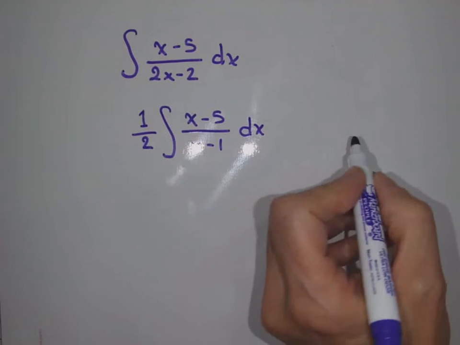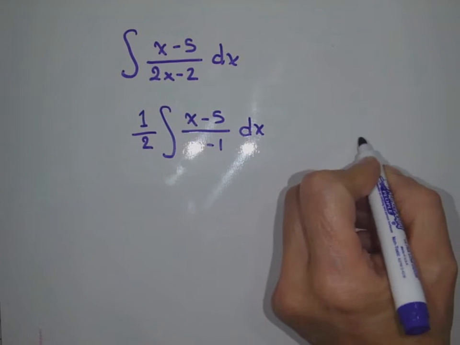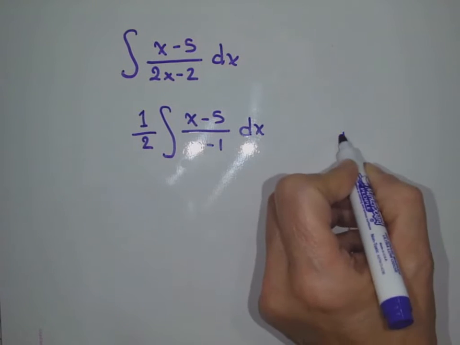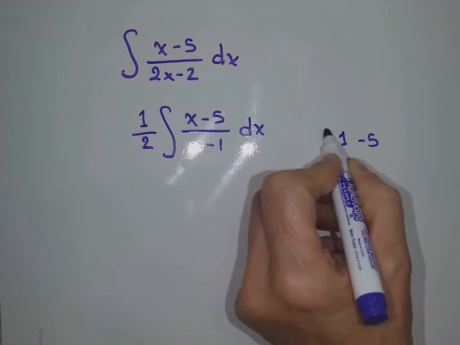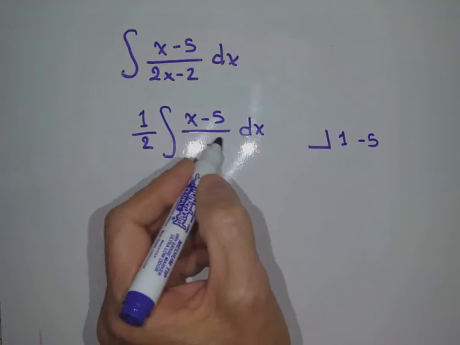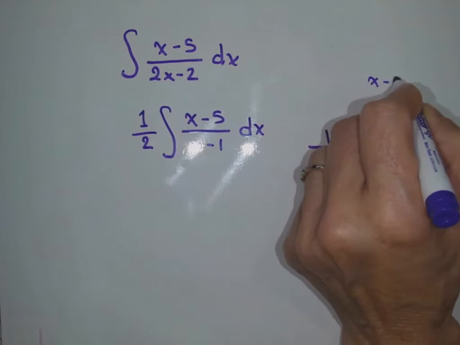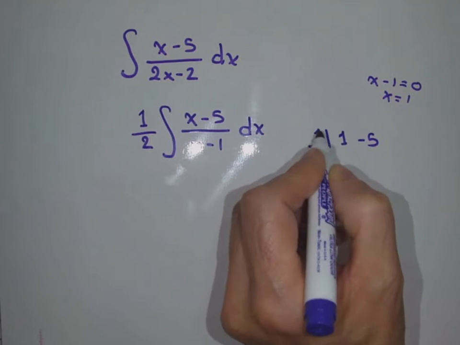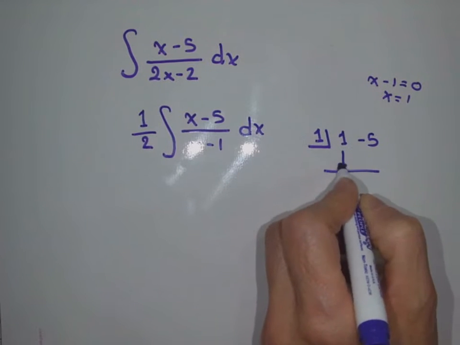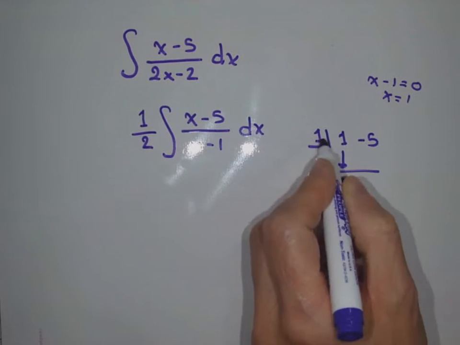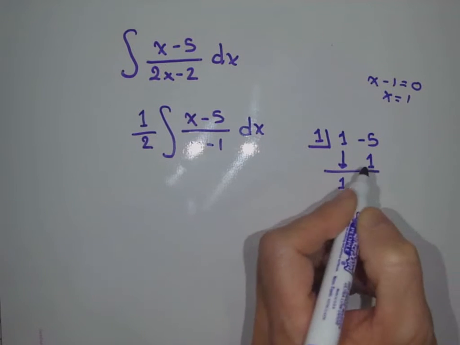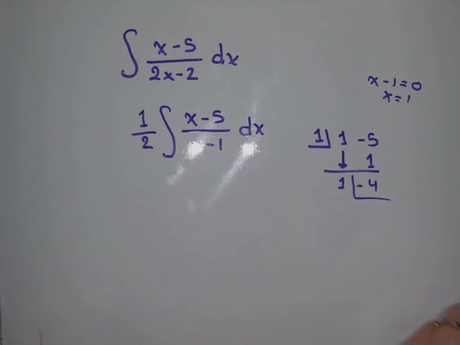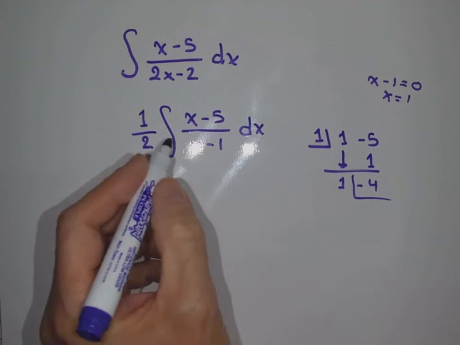Well, if you're doing your long division, or in that matter, we could do the synthetic division. So the coefficient here is a 1, and then the constant is a negative 5. And in the box here, remember, we're dividing by x minus 1, take the 0, that would be a positive 1, right? So that's what I put here. Bring the first one down. 1 times 1 is 1, write it down, add this direction, that's a negative 4, and so that's your remainder. So this will give